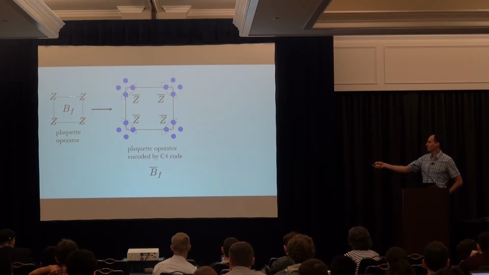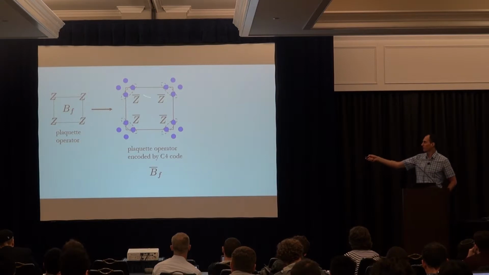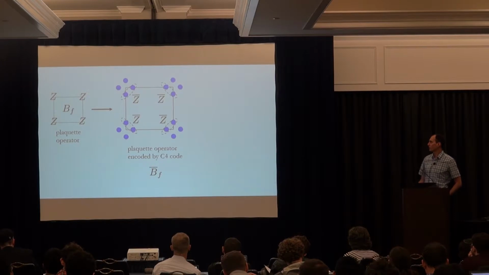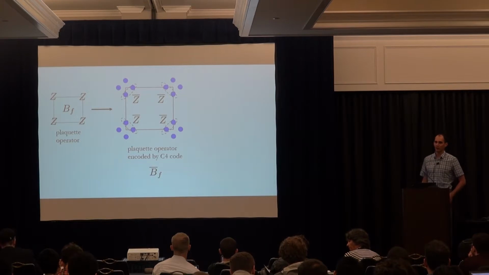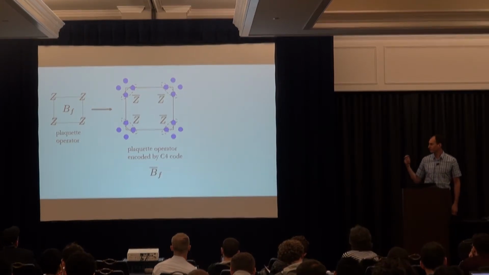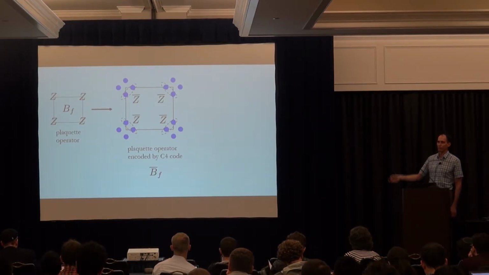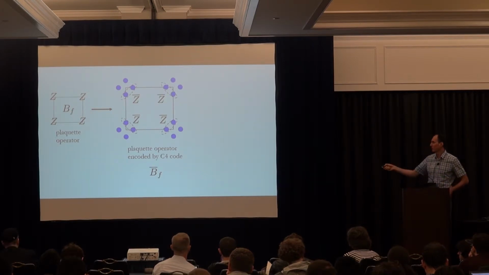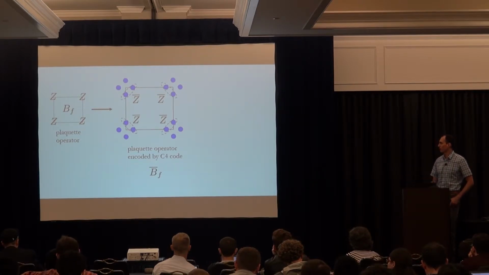The first step is to encode each qubit of the surface code using this Majorana C4 code. So now, instead of a single qubit at each vertex, I have 4 Majorana fermions, and the encoded plaquette operator looks like shown here. It's a minor detail, but you have to choose a particular ordering of Majorana modes at each C4 code. If you choose the ordering properly, then what you get is shown here. So this is our encoded plaquette operator.